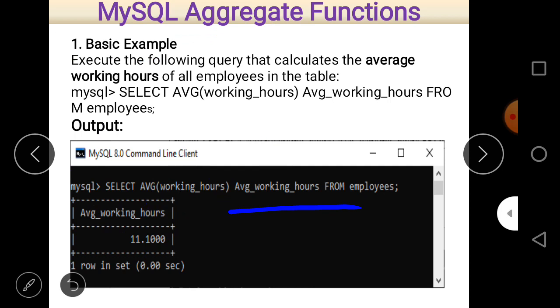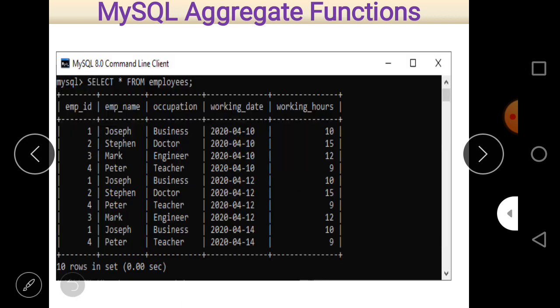There are 3 different ways of representing the alternative name. We can use it with the AS keyword, or we can just write it as it is within double quotes. So it actually sets the name of the column in that result, and the table name is employees, of course. After the execution of this command in MySQL, it will take the average of these working hours.